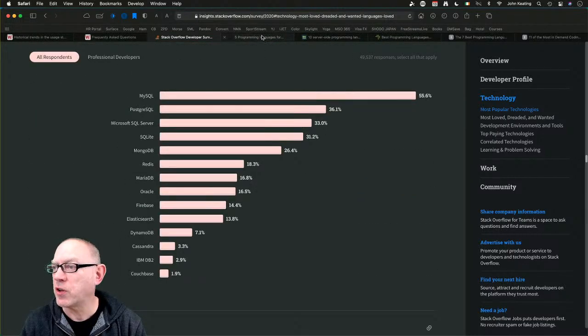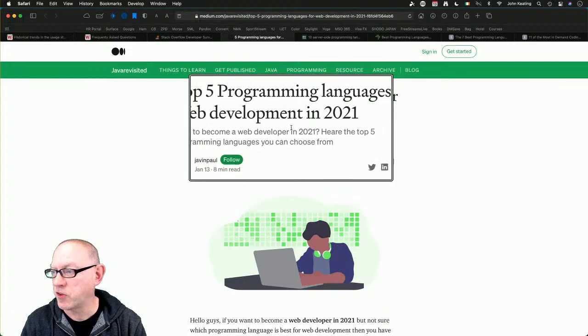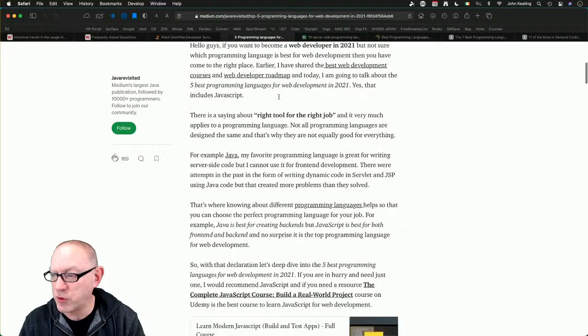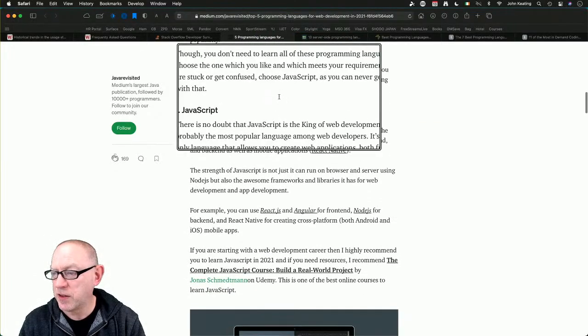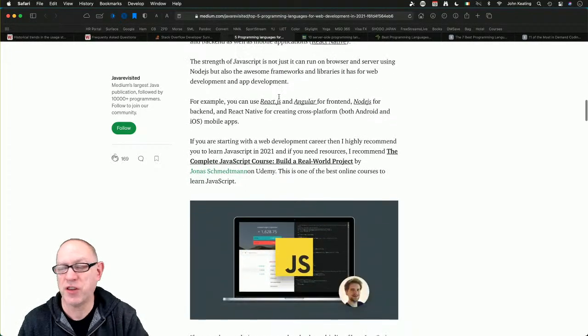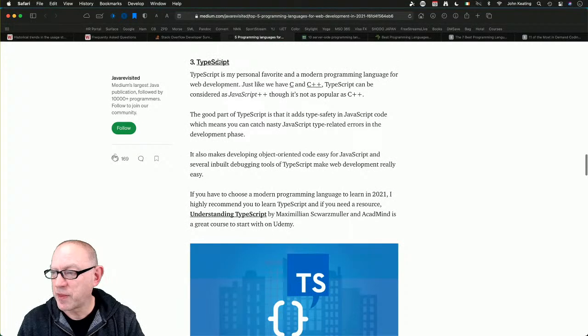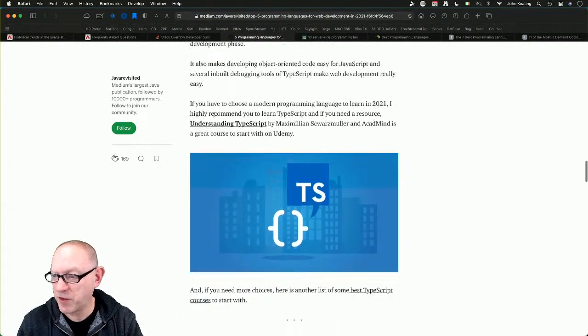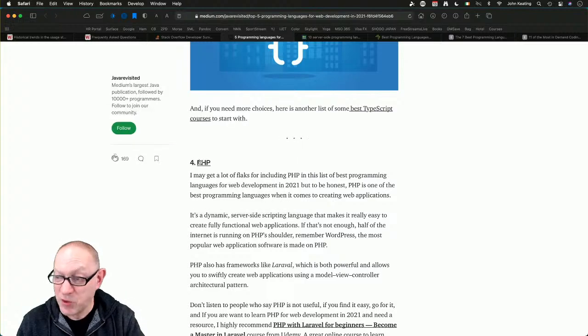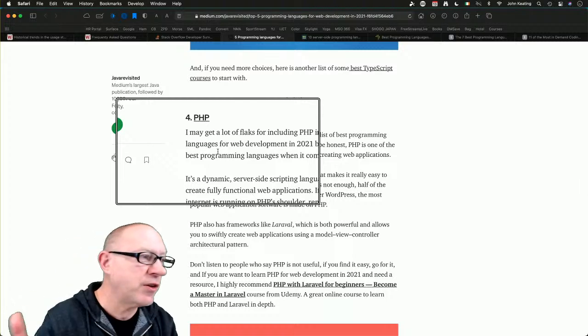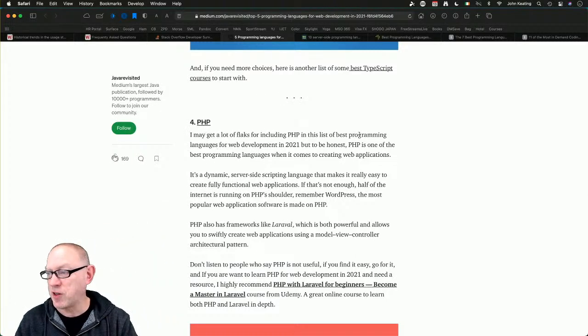But it's worthwhile. So if you go down to, say, for example, the Medium article, so this is a 2021 article, what are the top 5 languages for web dev in 2021? You'll see JavaScript, okay? No doubt JavaScript is the king of languages, it says. Python. TypeScript, of course. And PHP is up here. Even this person who wrote this article is apologetic for including PHP, saying they get a lot of flack for including PHP for web development,